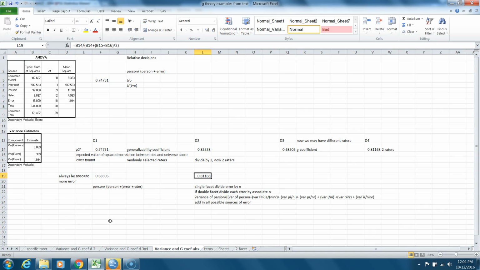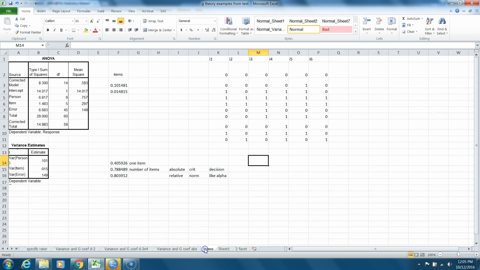We went over all of these in class. There are a few things we didn't go over in class on this sheet, so you have this sheet to follow along with. I just did an example for you all to play along with, where I took the items we've used earlier, and these are just 6 items. I ran an analysis of variance in SPSS, which you're welcome to try and practice. Just copy these yourself and practice this. And I got these variance estimates,